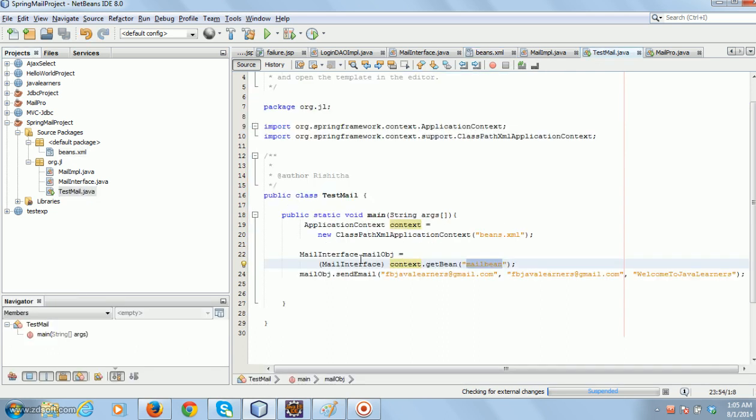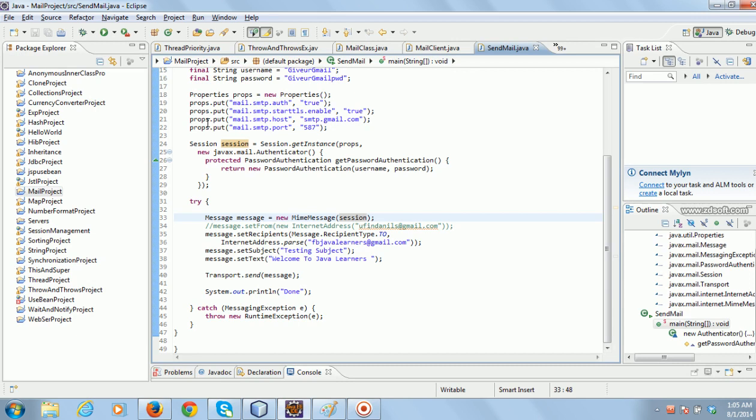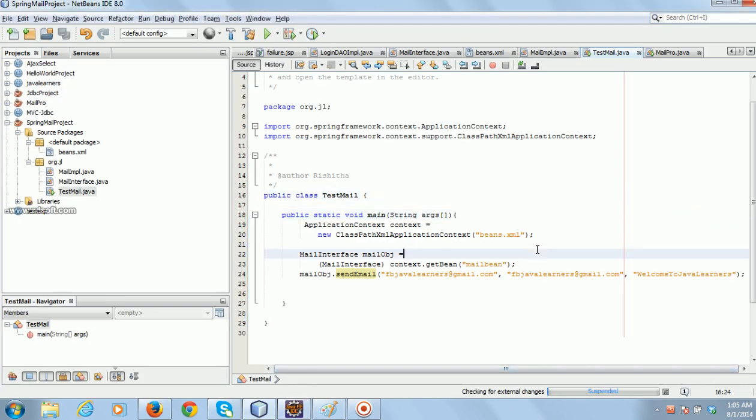So when you call send email by giving the from, to and object, it will send an email. The advantage of using Spring is that you avoid the boilerplate code, and through dependency injection,